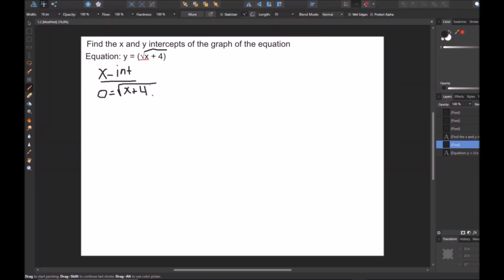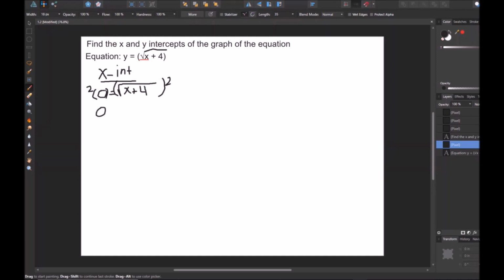Now, in order to get rid of a square root, we have to raise it. We have to put the whole thing in parentheses and raise it by 2. We have to square it, essentially. We have to square both sides. So we'll do 0 squared, and then we'll raise this by 2. So 0 squared is just 0,